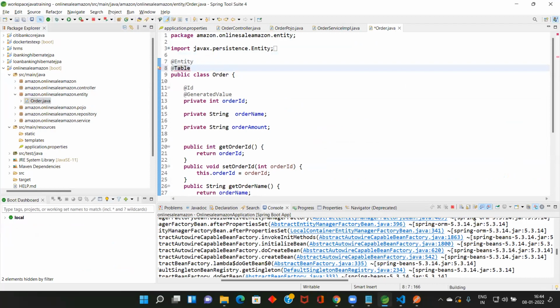Table, name equal to double quotes, order DT. Yes. Control Shift O, javax.persistence. Control S. Maybe I will run this one and see what error I am getting. Relaunch.